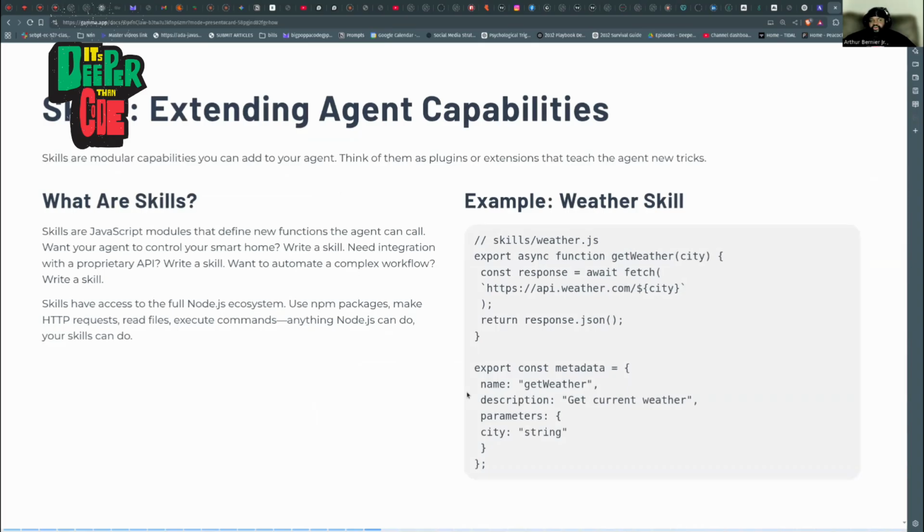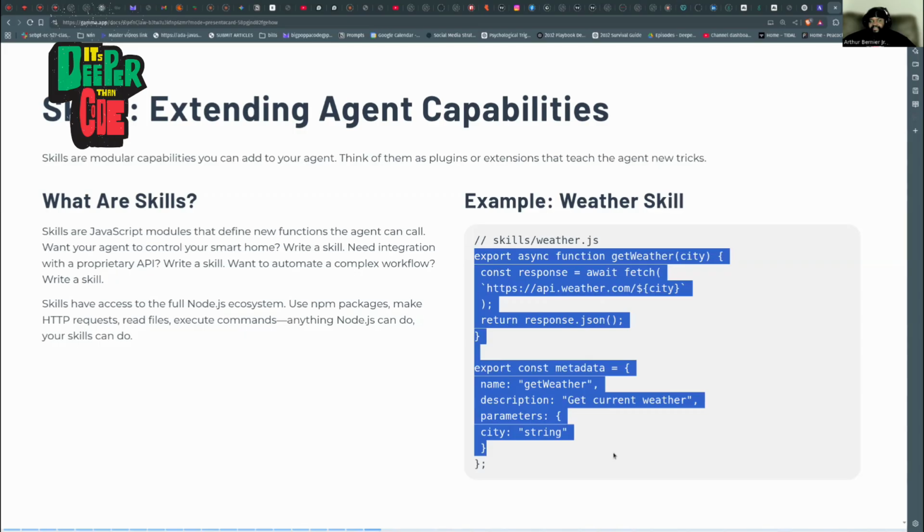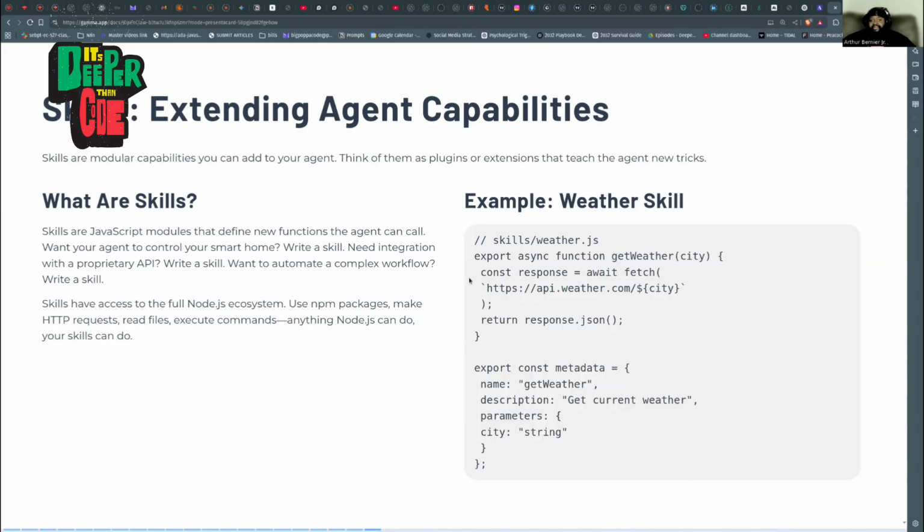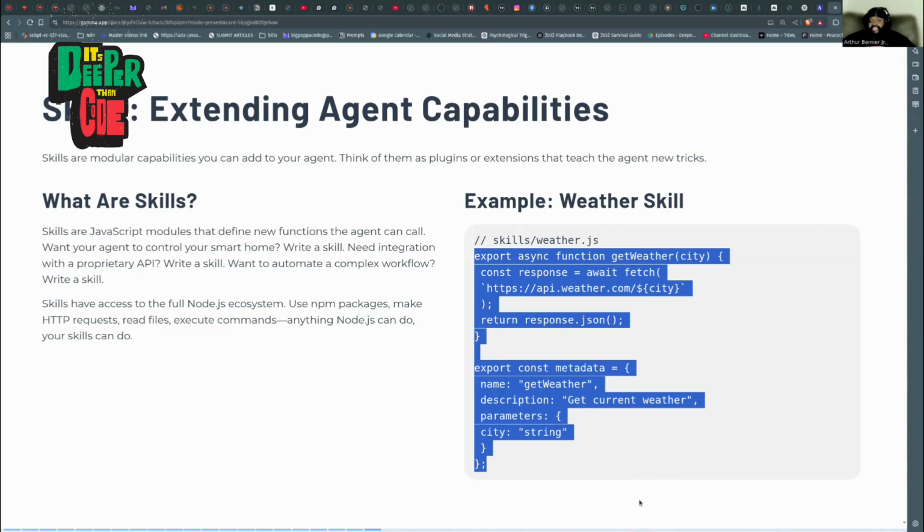Right? So, what are skills? We've been saying stuff about skills a lot, but essentially, all skills are JavaScript modules, which is why we need Node.js, that define functions that the agent can call. You're teaching the agent how to call one of these functions and get stuff and make stuff happen, which is why they can be dangerous, because this function can contain malicious code.